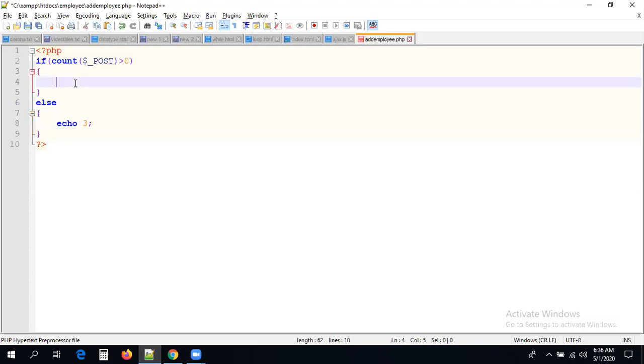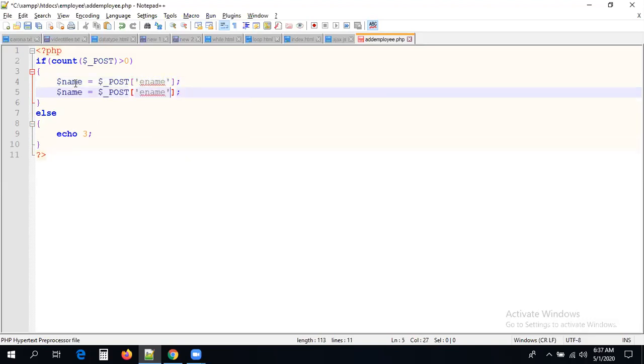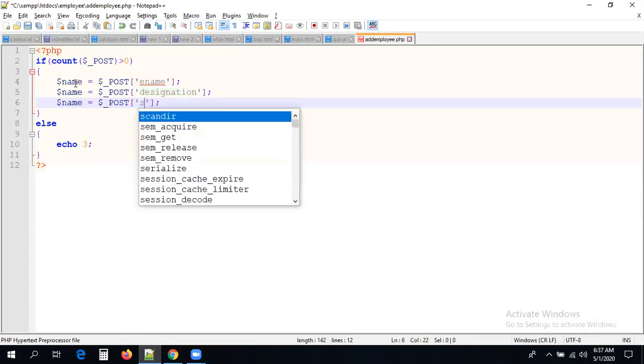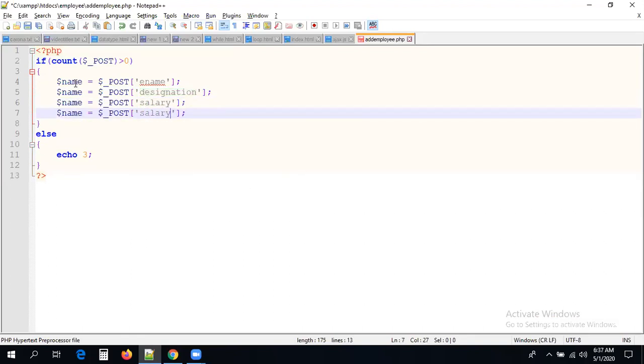Right. Let us see here. Let me get the data individually. Dollar name equal to dollar underscore post of ename. Let me get the data individually and insert the same ename. And we have the same designation, salary, and mobile.